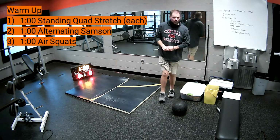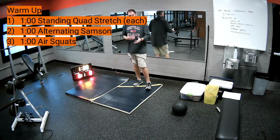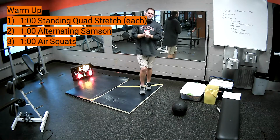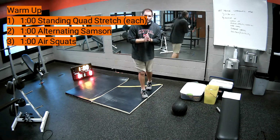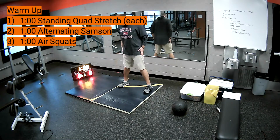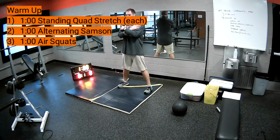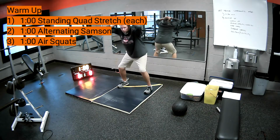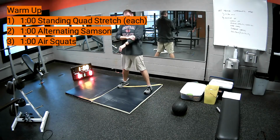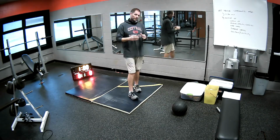Our third part of our warm-up today is now less of a stretch and more of getting heart rate just pumping a little bit. And that's going to be 1 minute of air squats. Okay, air squats are body squats where our feet are a little more than hip width. We can simply put our hands across, or put our hands above, while we're squatting down to parallel for 1 minute. Okay, speed is not a factor. We're not going up and down super fast, but we are just going at a normal pace